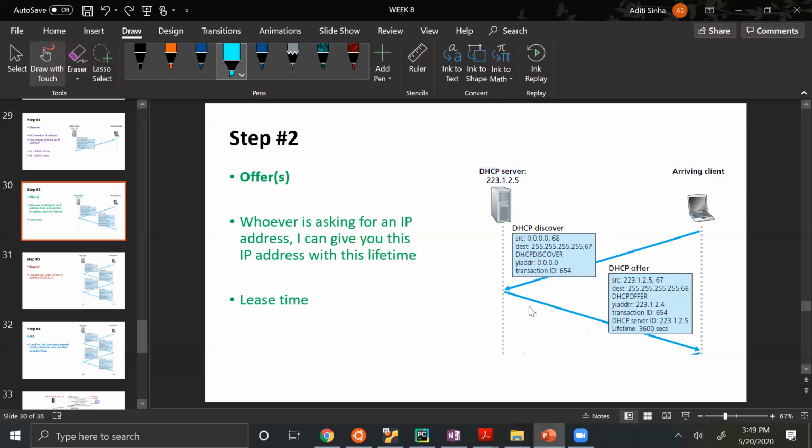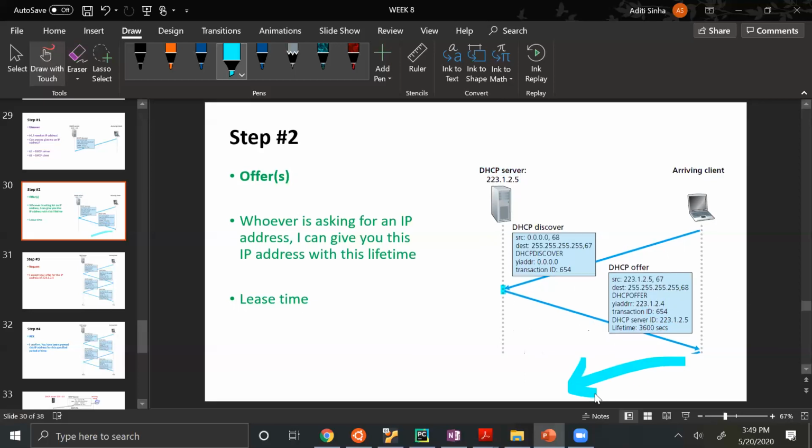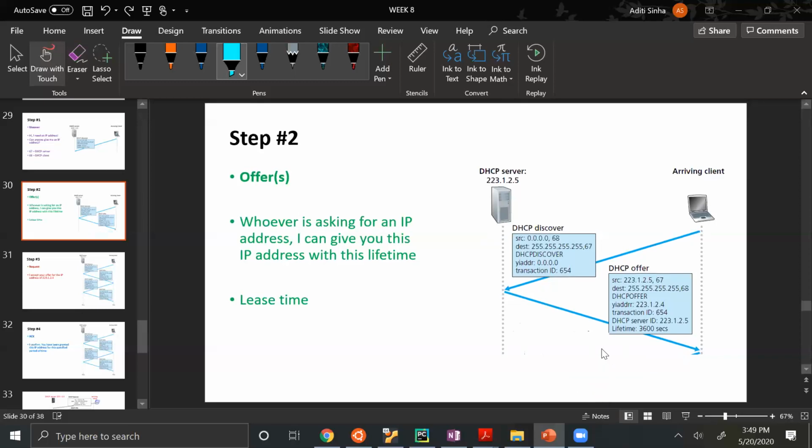So multiple DHCP servers might give multiple offers to the same arriving client. And so the client will have to choose between these offers, that is, between different offers of different IP addresses, and each offer will obviously have its own transaction ID.